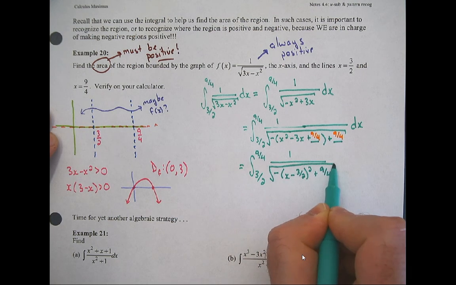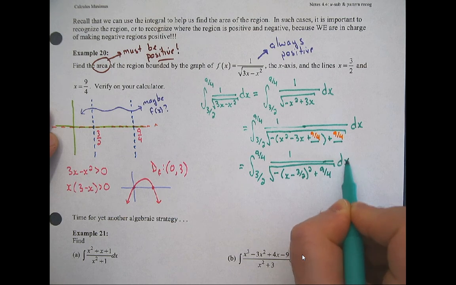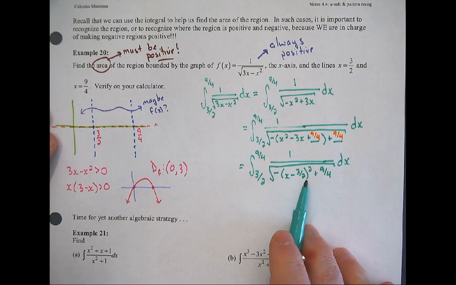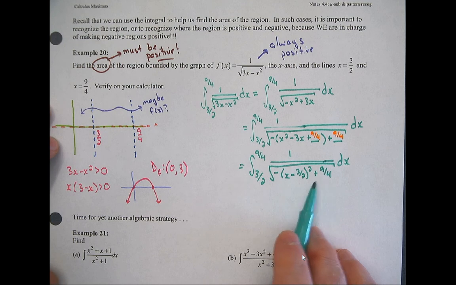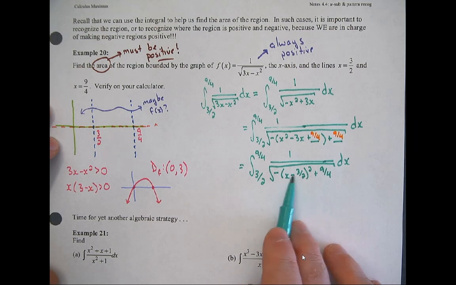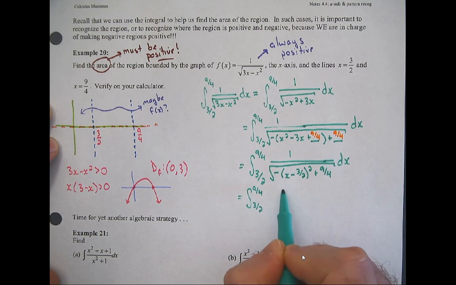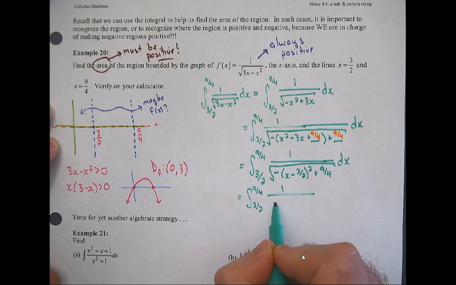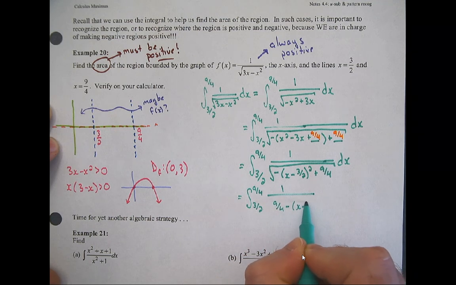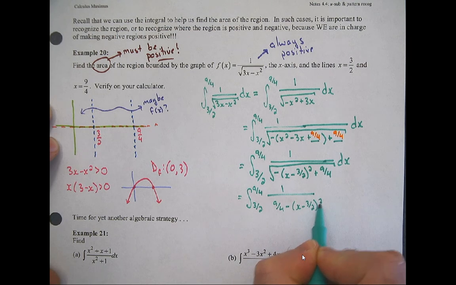I don't usually like to write my fractions going slashing, but I'm running out of room there. And then I can rearrange this so it looks like one of those inverse trig function things. 9/4 minus the quantity x minus 3/2 squared